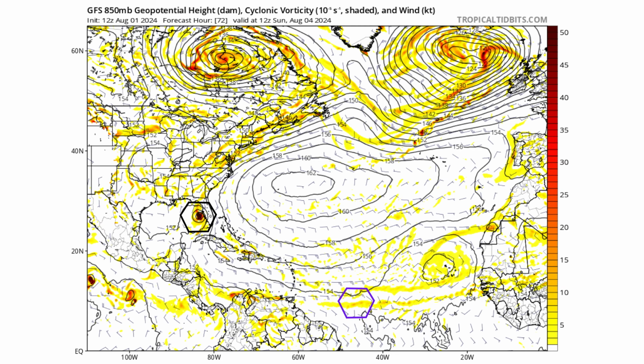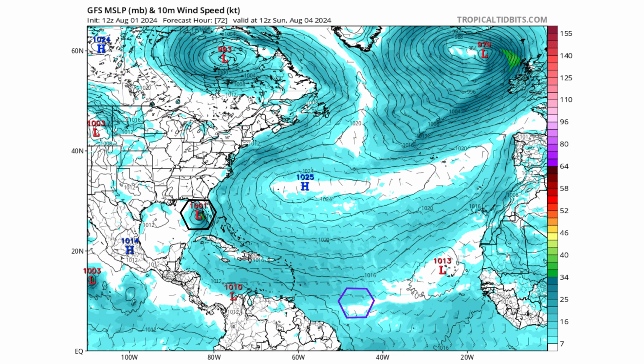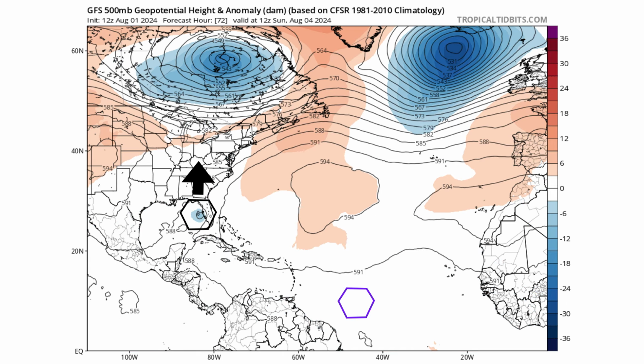And with that, and the very warm waters in the Gulf of Mexico, we'll see a rapid intensification and tightening of the vorticity as it moves into the Eastern Gulf, only 1 day's time later, on Sunday, August 4th, just east of the Tampa St. Pete area on this model run. There we see a 1,001 millibar tropical storm knocking on the door of Florida, and it's moving northward because we have